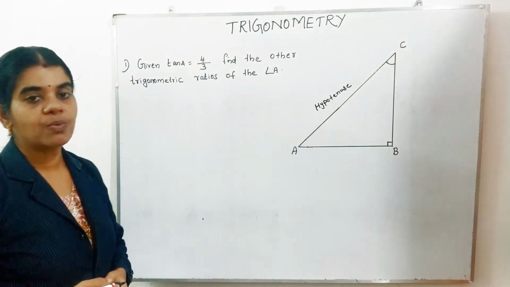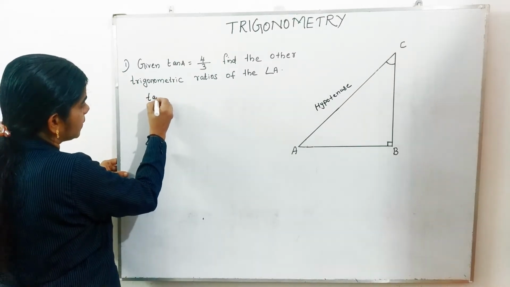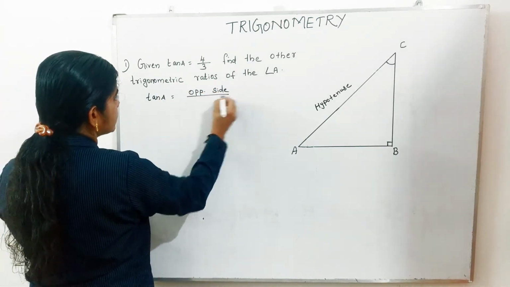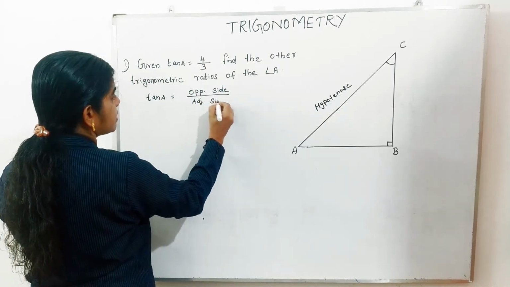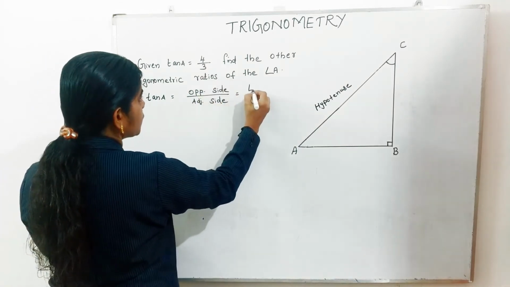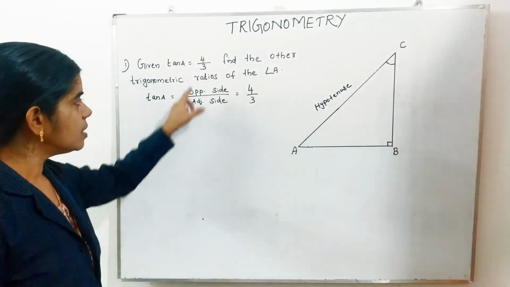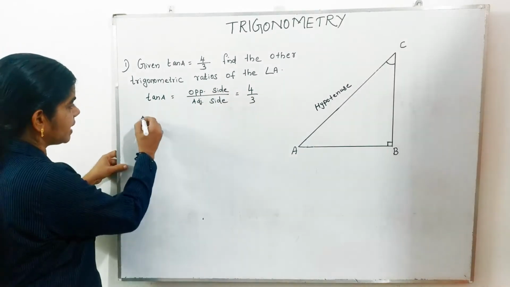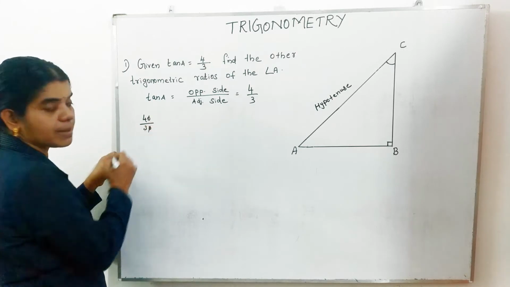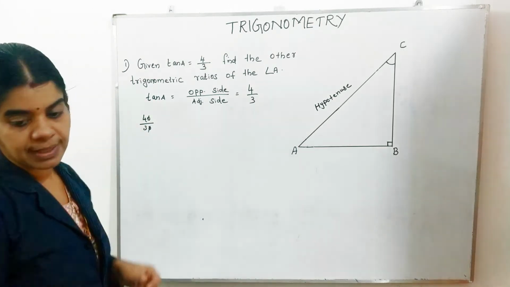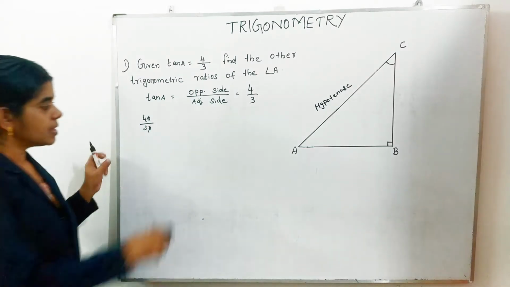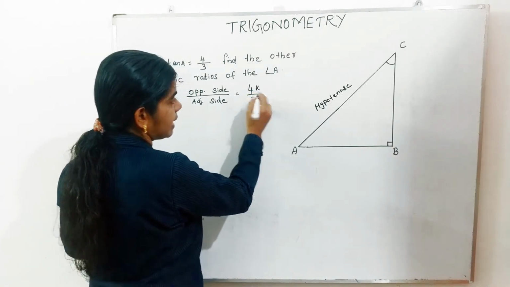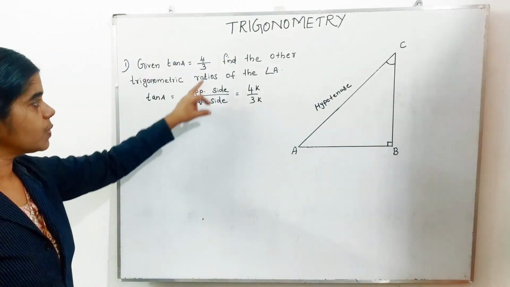Then you just look at what tan A means. Tan A is equal to opposite side divided by adjacent side. Here 4 by 3 is given, which means it is given in the lowest form. Suppose it was 40 by 30 or any other, we cut by 10, then you get the shortest form 4 by 3. Then when writing this, you multiply with one number. Normally we take 4k and 3k, because this is in the shortest form.